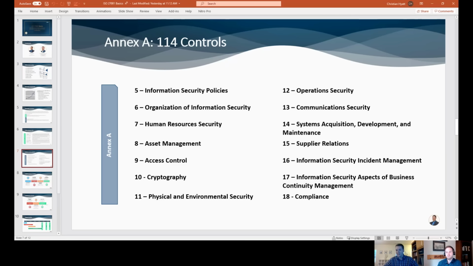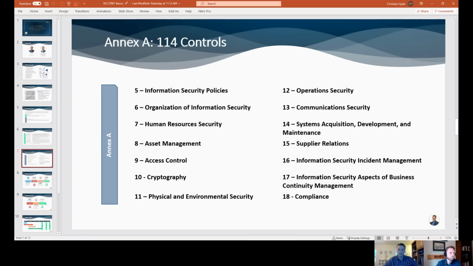Yep. That's right. 16 is around incident management. So when an incident occurs, and it most likely will, are clients and employees aware of how to report that? Do you have the capacity and the skill set that you need to address that officially? Do you have a policy in place governing that process overall? There's a handful of things in incident management that you may already have in place organically, but there's also a handful of things that you may not have thought of until you start reading these controls.